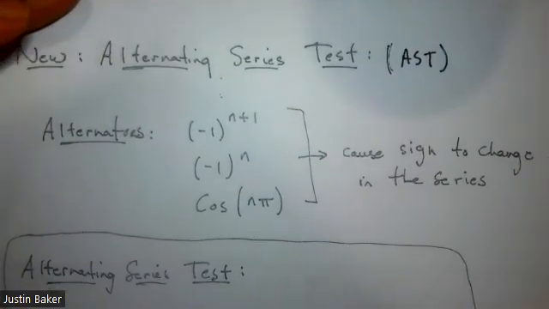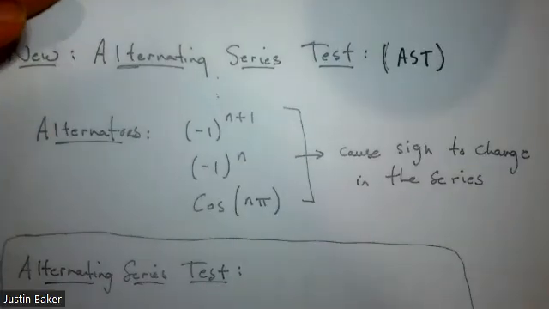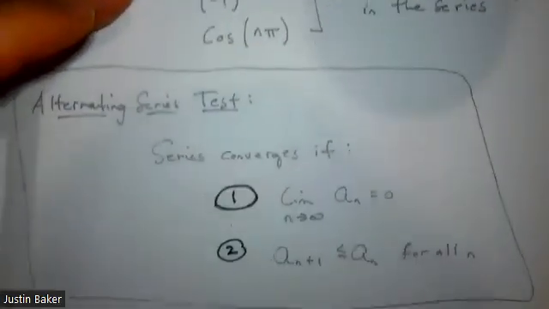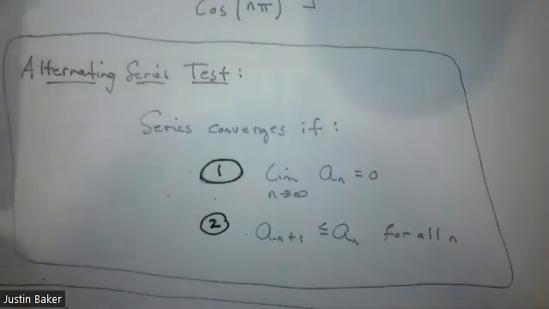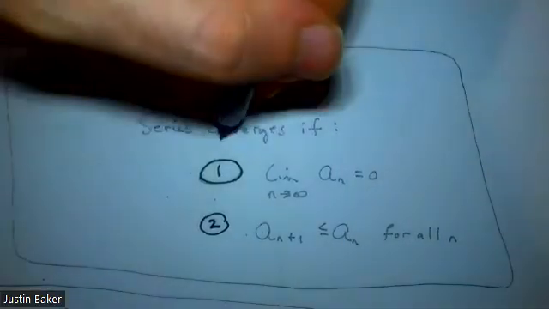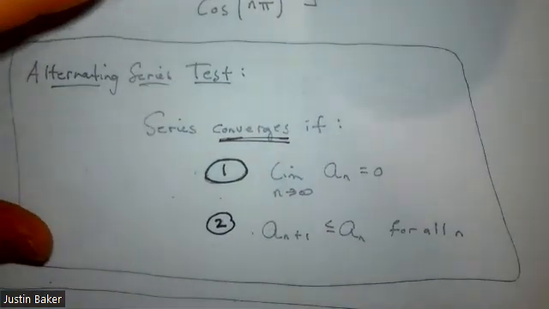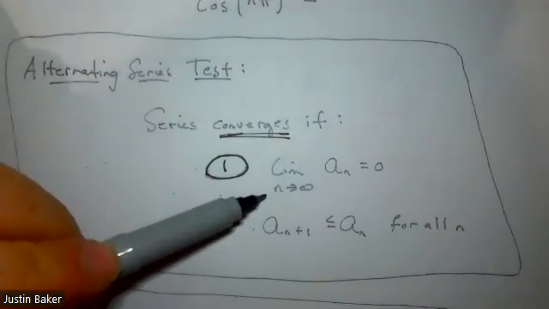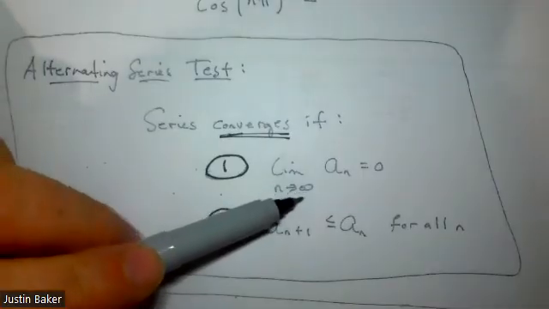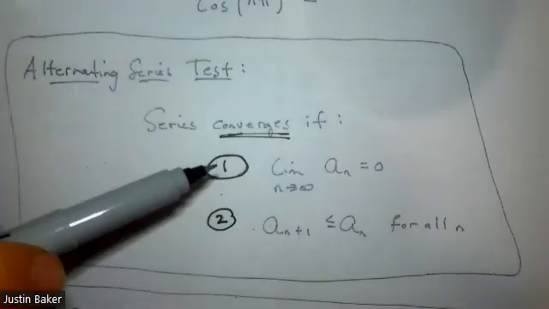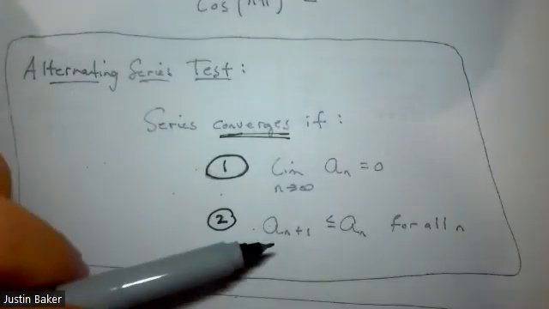Okay, so once you recognize that we have an alternating term here, this is going to take us to the AST, the alternating series test. And this will test if something converges. So we are going to run a two-part test. If the limit as n goes to infinity in your series is equal to 0, and now this is just